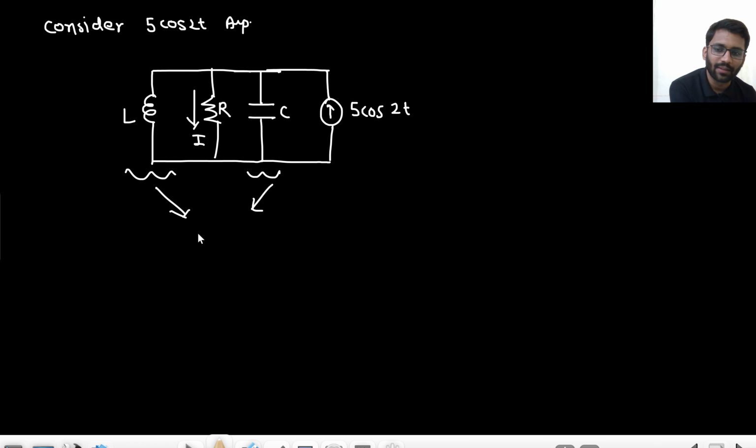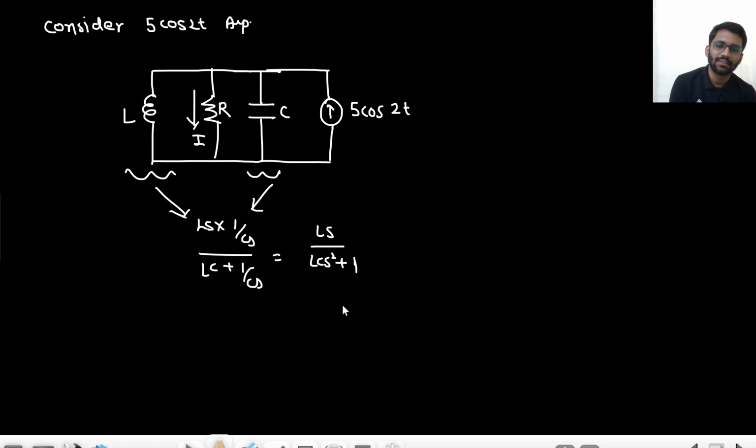So this and this combined give me Ls into 1 by Cs upon Ls plus 1 by Cs. So it will give me Ls upon LC s square plus 1. This is the impedance they are providing me. So basically you have this circuit that has impedance. I will make this a block only. It has some impedance, that is this, and it has a resistance,